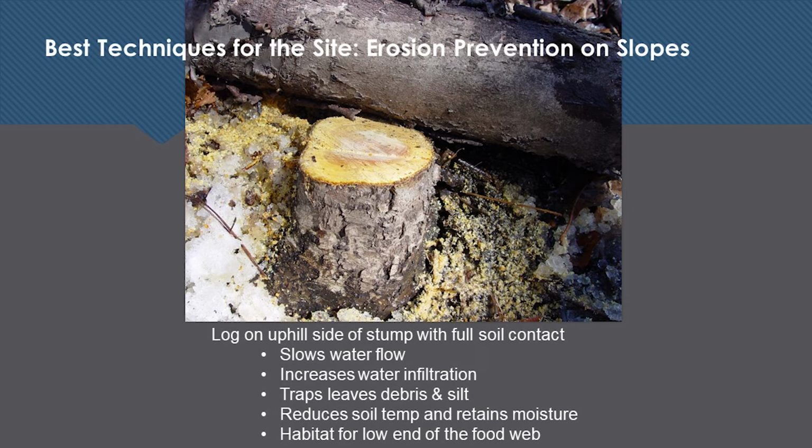With these heavy rainstorms that we've been having these last number of years, we all know we're having increased rainfall and increased intensity. Just a week ago, we had intense rain. Lots and lots of erosion is happening. We want to reduce the erosion. So if you slash on the ground with full soil contact, this is labor intensive, you can slow down the water flow. And when you're slowing down the water flow, you increase infiltration, which is good for the trees.